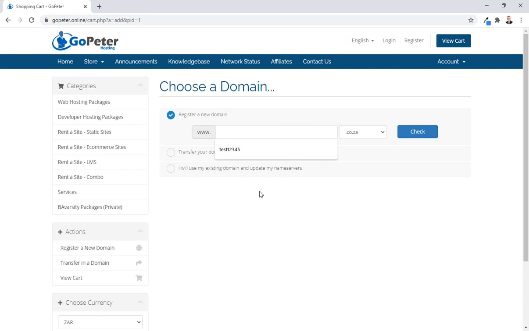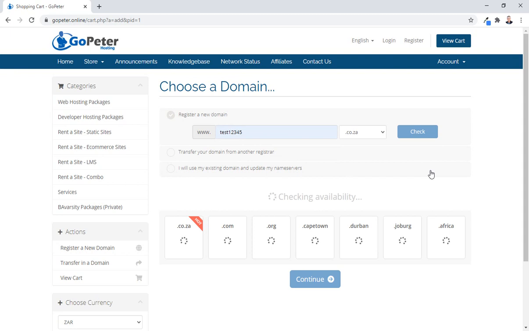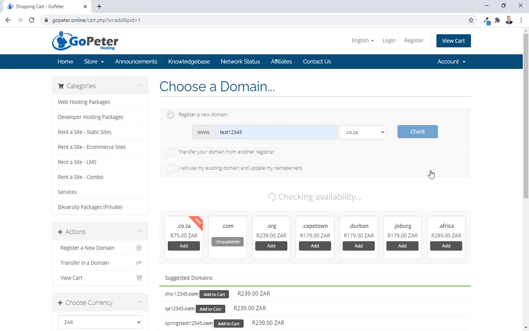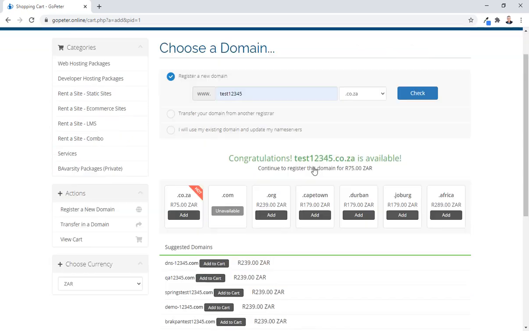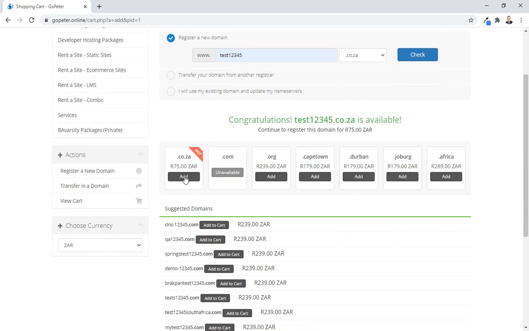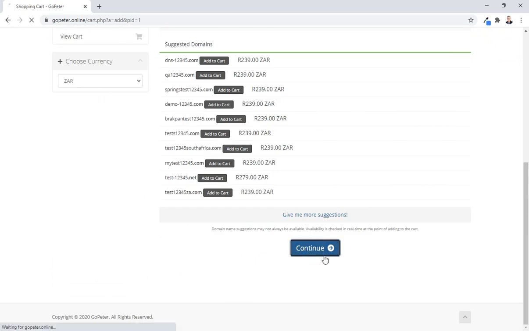Right, so here all we're going to do, I'm going to put in there test 1 2 3 4 5. I don't think there's something like that available, or nobody's using something like that. Click on check and it will show, there we go, it is available. We're going to go and add a .co.za domain. Click on add and it shows add it to your cart. Click on continue,